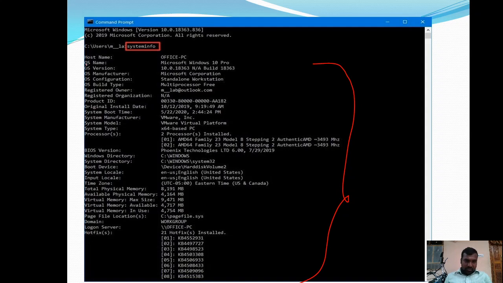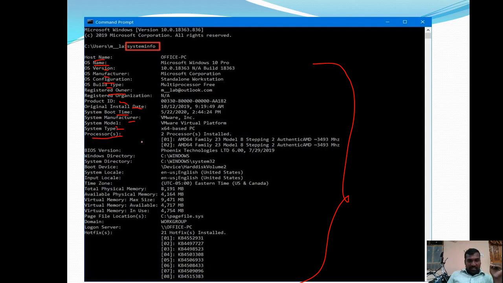It contains the OS name, host name, present system name, version of the OS, manufacturer, configuration and build type, registered owner, and then product ID, original installation date, then system boot time, when this particular system is booted, and then the system manufacturer details, model and the type of system, whether it is a 32-bit or 64-bit.